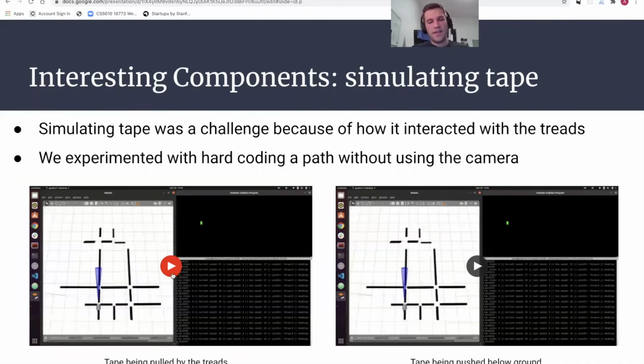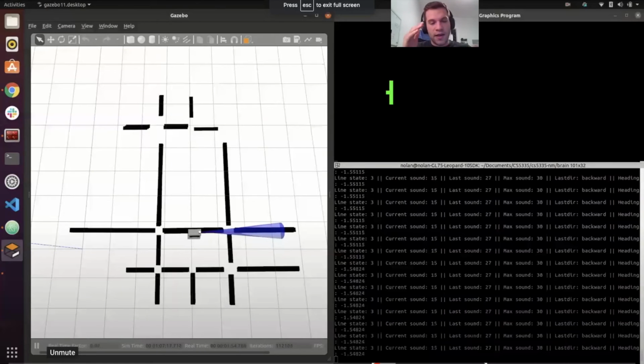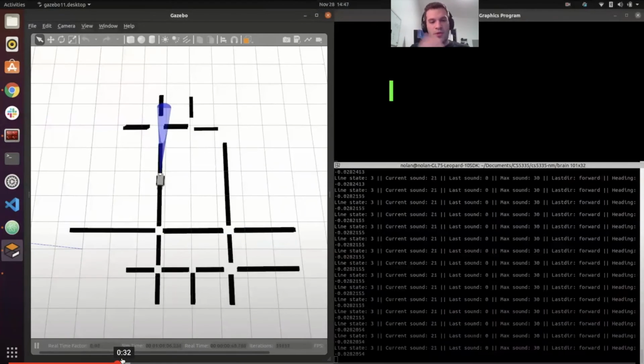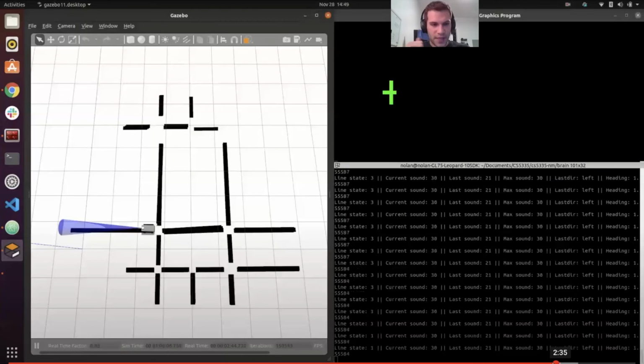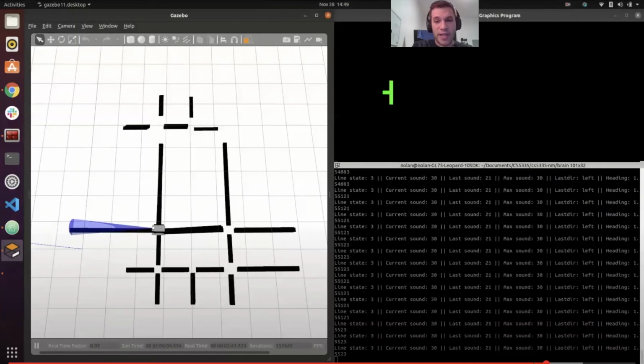So the next tough thing was tape in the simulator. One thing we really didn't envision was that the reason you can easily interact with tape on the ground in the real world is because the adhesive sticks it to the ground plane, but there's no mechanism for that in Gazebo. So if we play the first video, you can see the bot is trying to turn around here. Now we've turned around and gone past the tape, but basically the tape got dragged from being level